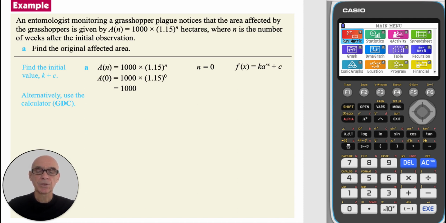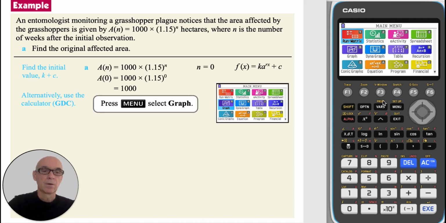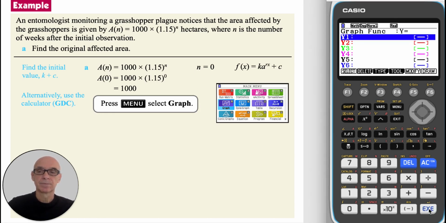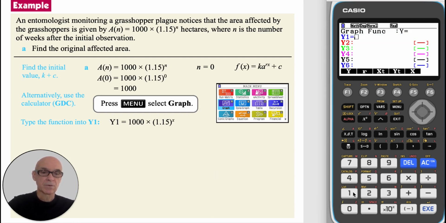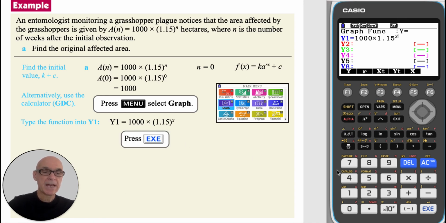Alternatively, we can use the calculator. From the main menu, select Graph and type the function into Y1. So that's 1,000 multiplied by 1.15 raised to the power of x, pressing the x variable button. Press Execute to enter the function,